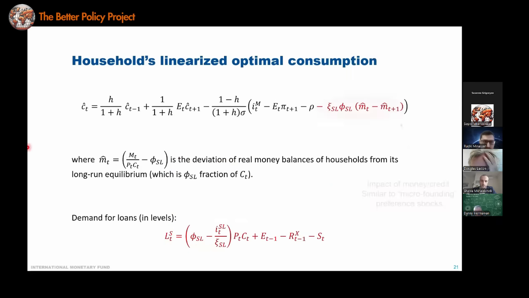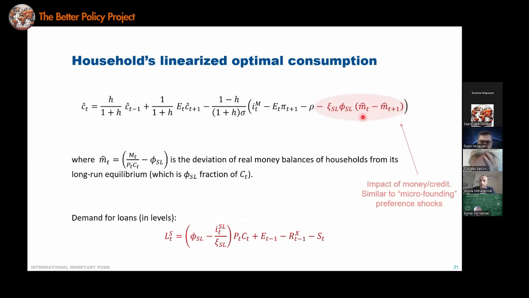And if you go to the consumption Euler equation, please, so it's the growth rate of the money, or what is it? No, sorry, it's M_t. It's minus. Why wouldn't you write that as plus and then have m hat t plus 1 minus m hat t, and then that would be the growth rate, right? Wouldn't that be more